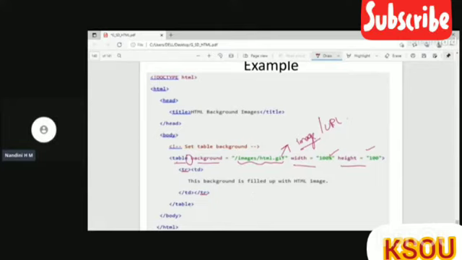Okay, I'll stop presenting now. I'll show you how to create a web page. For that, what you have to do is open a notepad.